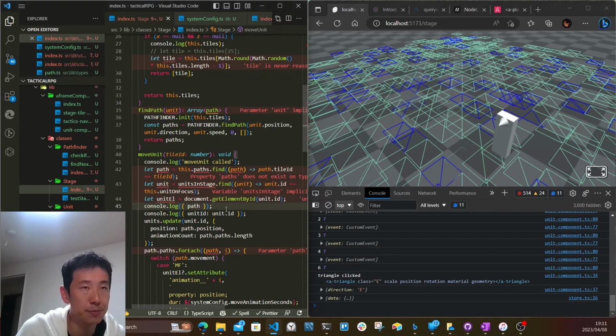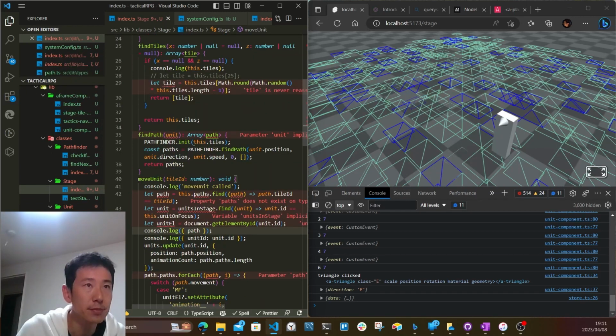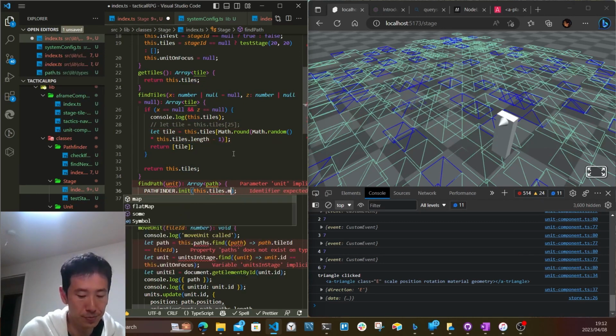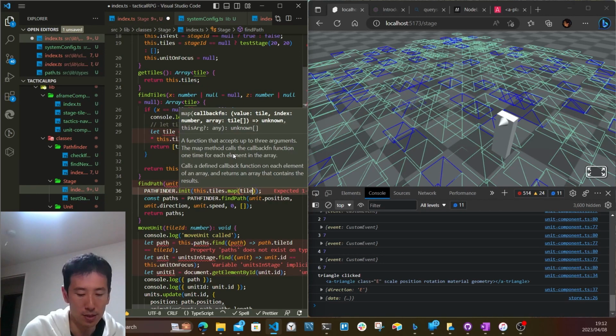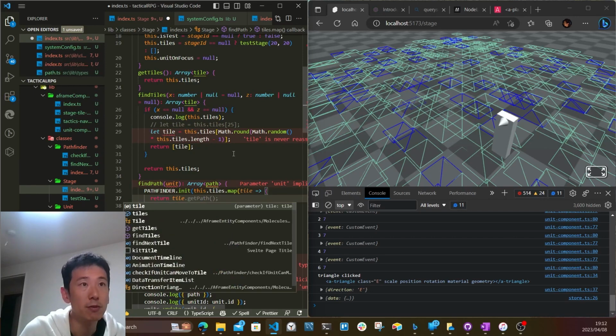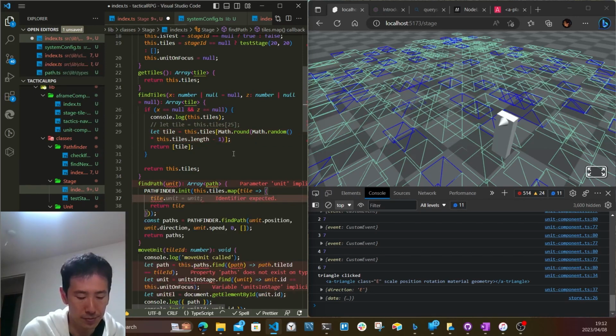Now one thing I want to do is when stage passes this tile data, I would like to add some parameters actually, and that is return tile first, before I forget, and tile occupied by equals